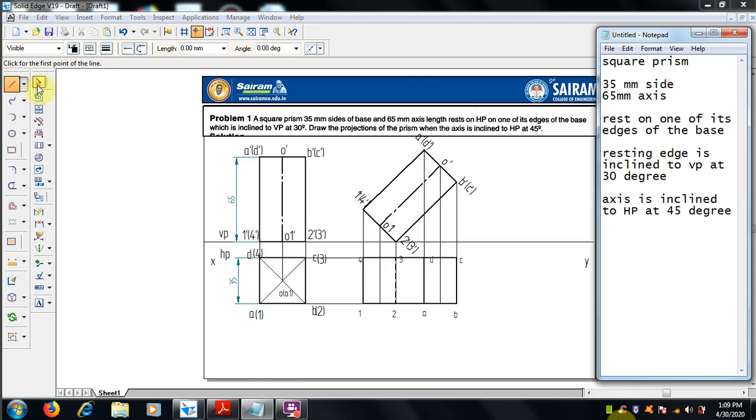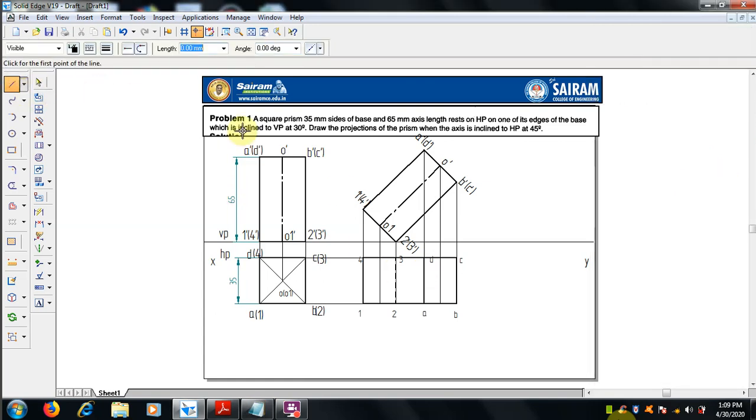Next, the resting edge, that is 2 3, is inclined to VP. For that we will make an inclined line at VP. We have to draw this, and the top view of the axis should also be mentioned from here. Project this O1 dash where it meets with O dash, that is the center line. We have to mention the center line with 0.5 mm thickness.